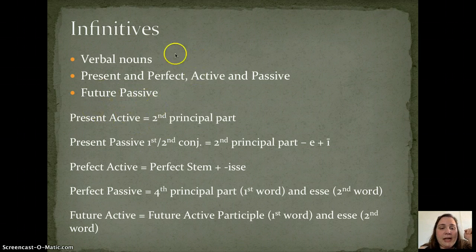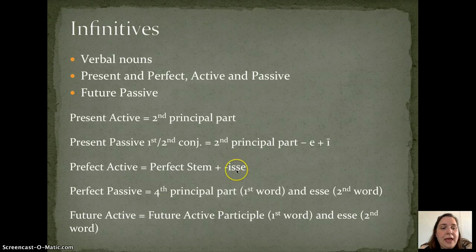So first and second conjugation verbs form their present passive infinitive by taking the second principal part, removing the final E and replacing it with an I. And you'll see examples of that when I go through the conjugations. The third, third IO, and fourth conjugations form their present passive infinitive by removing the entire ERE or IRE from the second principal part and replacing it with a long I. And again, you'll see examples of that when I go through the